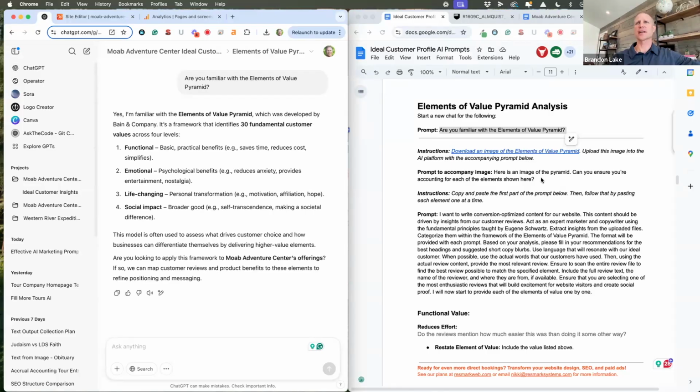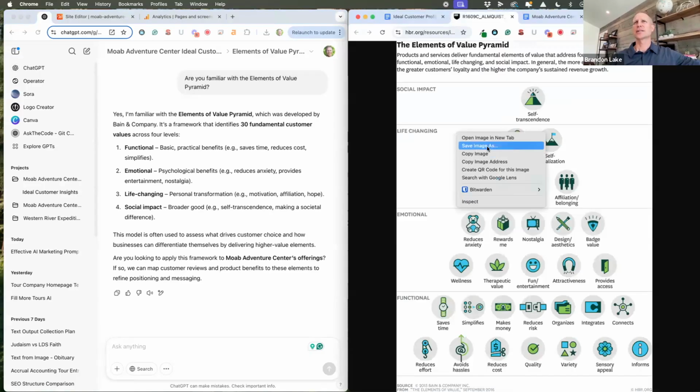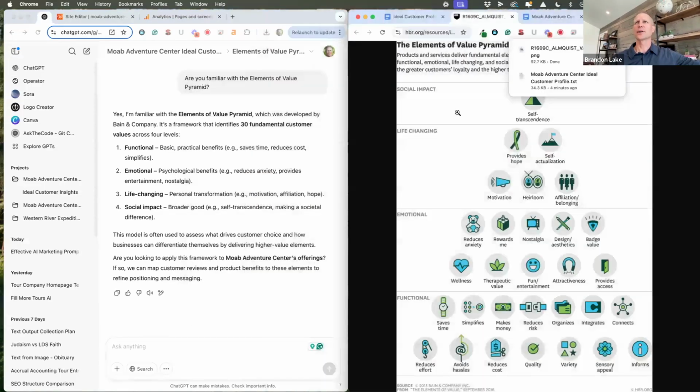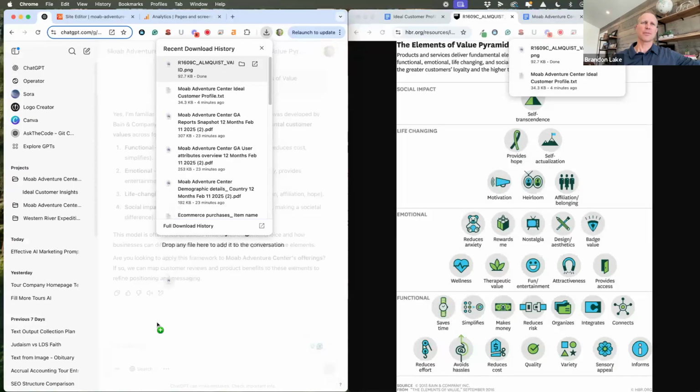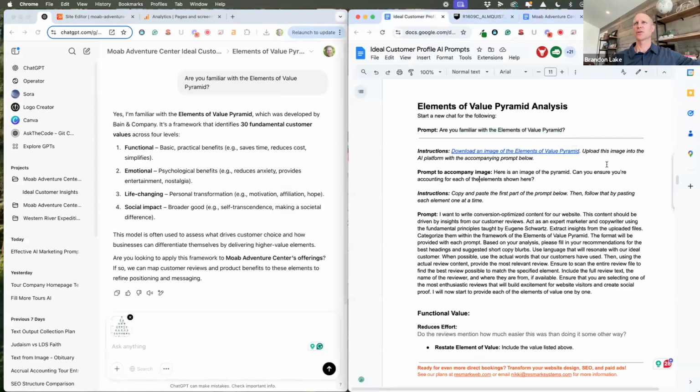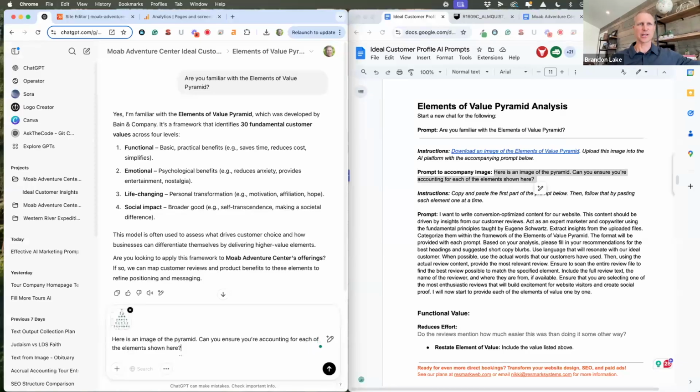So I can see that it understands it. Now I'm going to click on the image and hit save image, and you can save it in your downloads. Then I'm going to drag and drop the image into this, and go over to the prompt and tell it this. This is the prompt to accompany the image. Here is an image of the pyramid. Can you ensure you're accounting for each of the elements here? I just want to make sure that it